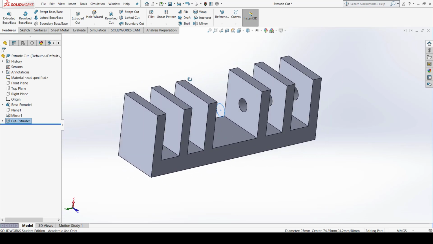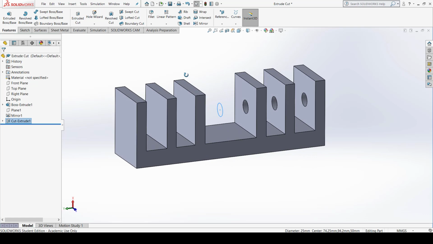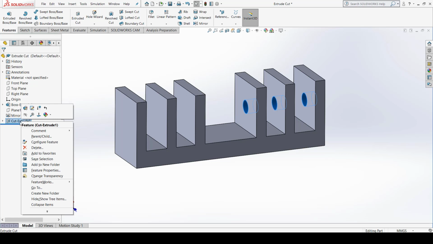So Extruded Cut is used to remove the material, and Extruded Boss is used to provide depth or material to the component. So this is the basic difference, and all the other parameters, conditions and characteristics are similar to the Extruded Boss. So this is how you can cut a hole in the 3 walls simultaneously by applying the Extruded Cut command. So let me again select this Extruded Cut, right click on this Extrude Cut, go to